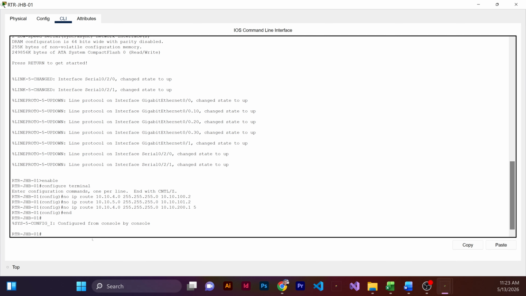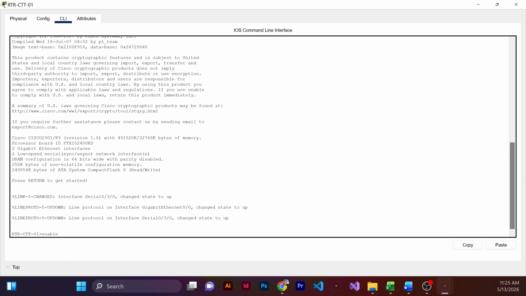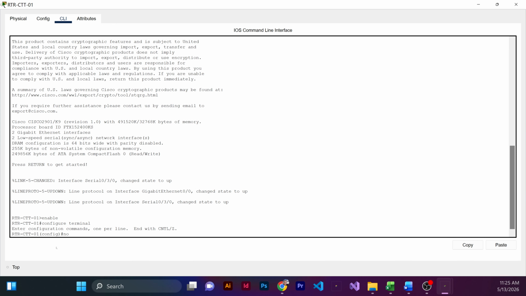All right, we're gonna do the same thing. I'm just gonna wait for you, but we're gonna do the same thing to Cape Town as well, and then do the same thing to Durban. Okay, enable, and then configure terminal. All right, no IP route 10.10.1.0 255.255.255.0, and then 10.10.100.1,